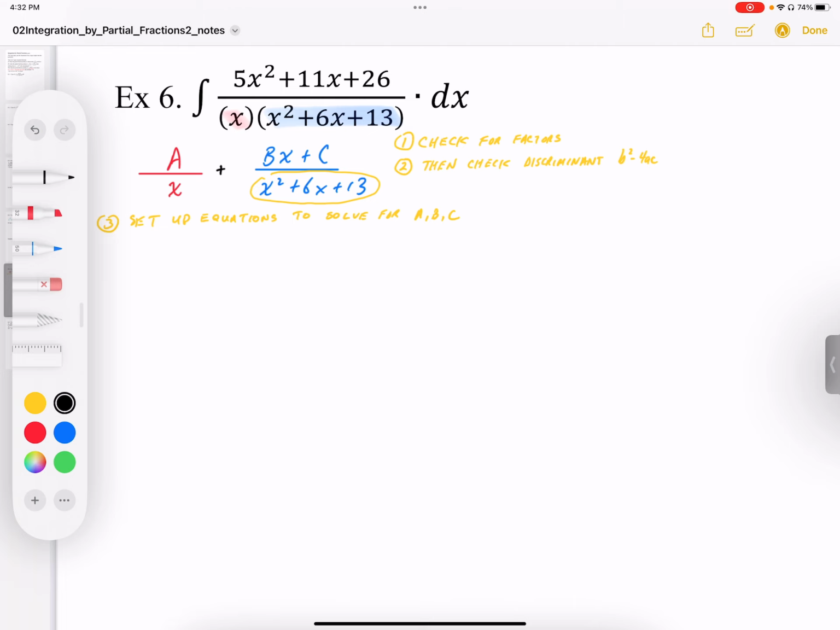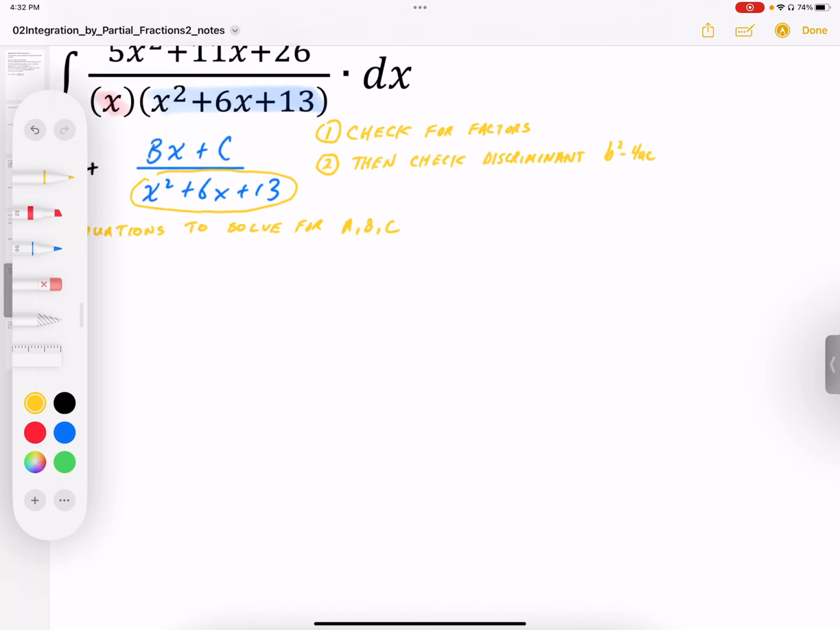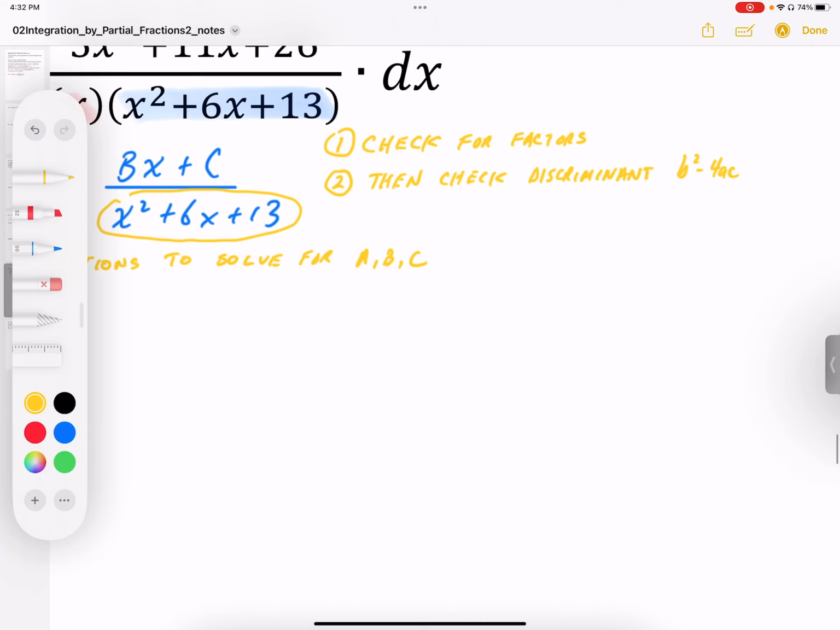So we look at that quadratic denominator and check for factors. In this case, it's not factorable. If it's not factorable, then this could be an arctan type, or type 3. So we should check the discriminant and see if it is less than 0. So b squared minus 4ac,